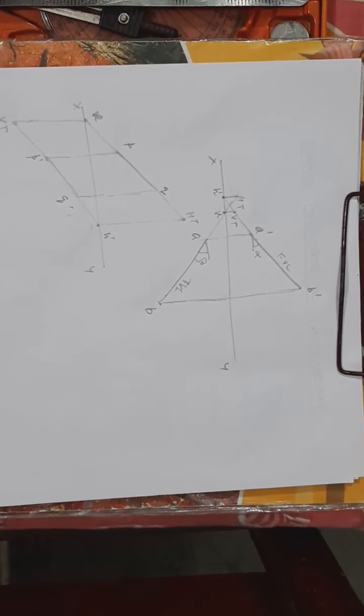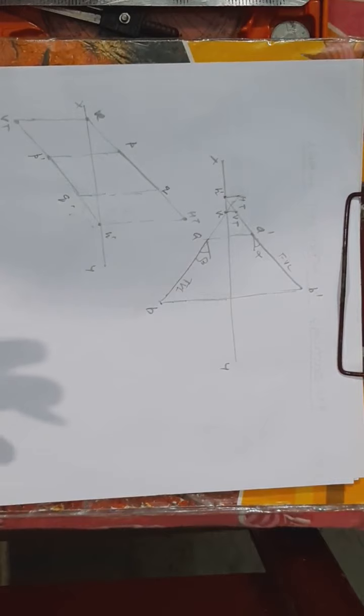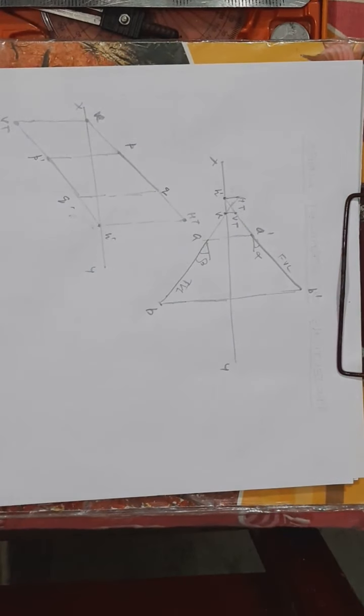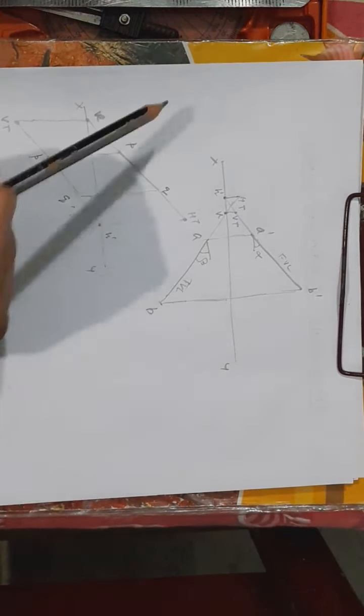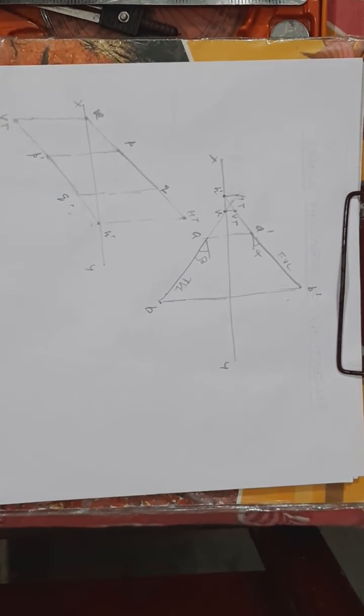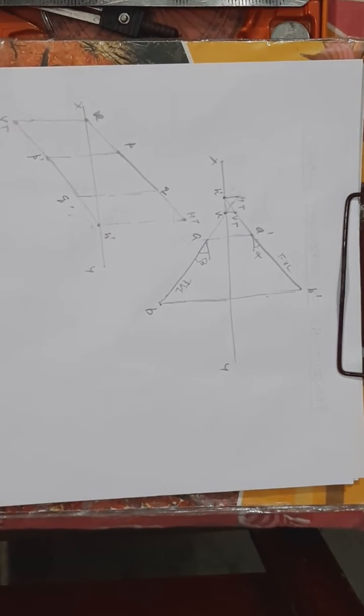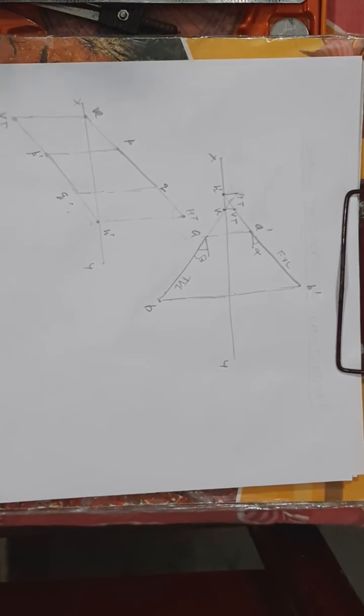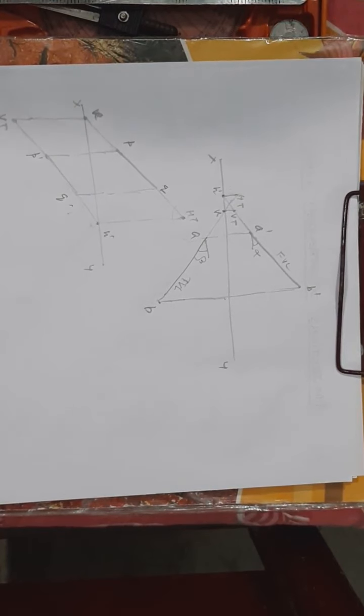So depending upon how the line is positioned, or how the line's ends are lying in the same quadrant or in different quadrants, you may get your HT and VT at different places. Here you have both HT and VT above the XY line. Here you have VT to the left side of your front view and top view and HT to the right side. It all depends upon how the line is positioned with respect to your reference planes, how they are inclined, and in which quadrants they lie. So accordingly your traces location also will vary.